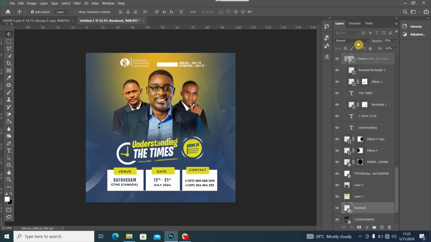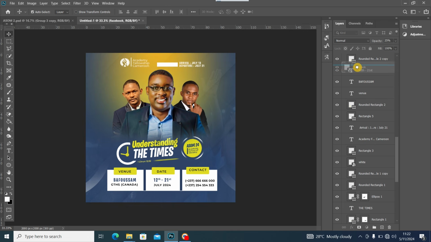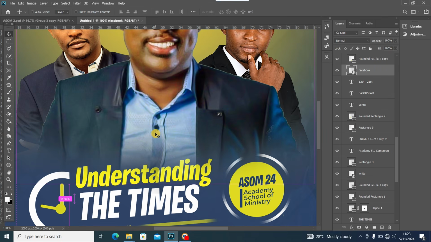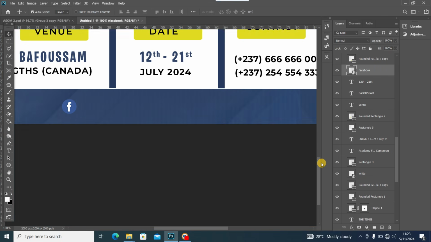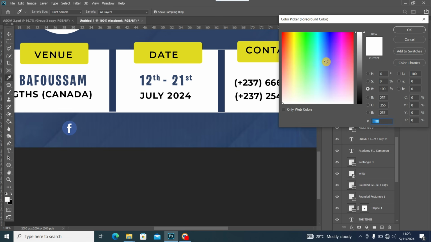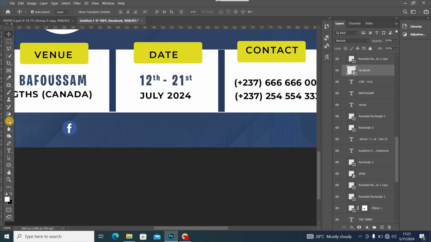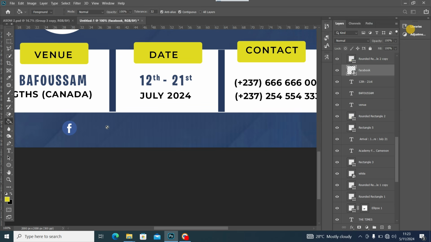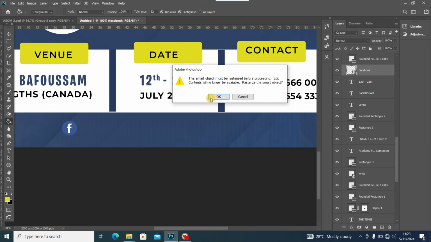So I want to take this to the top, somewhere there. Control T, reduce the size, zoom in, and since the background is blue, I will want to change this color, so I'll use my paint bucket tool, and I'll select this yellow color here, and once I click here, I'll rasterize